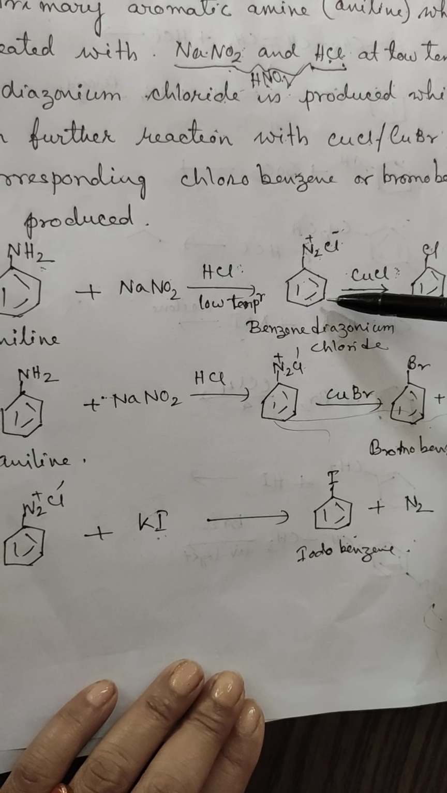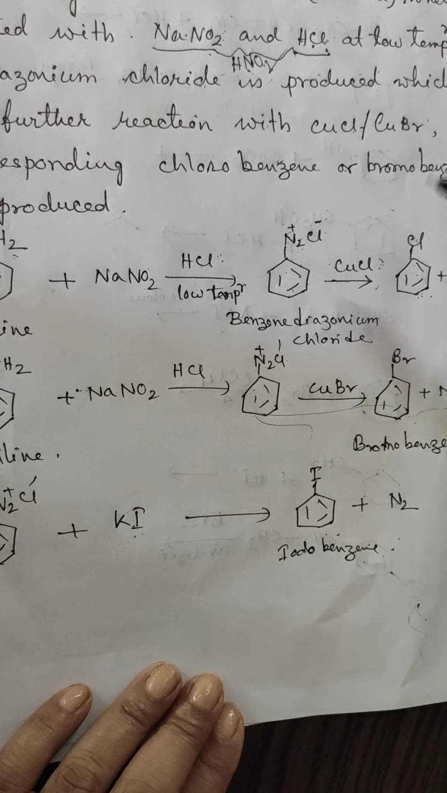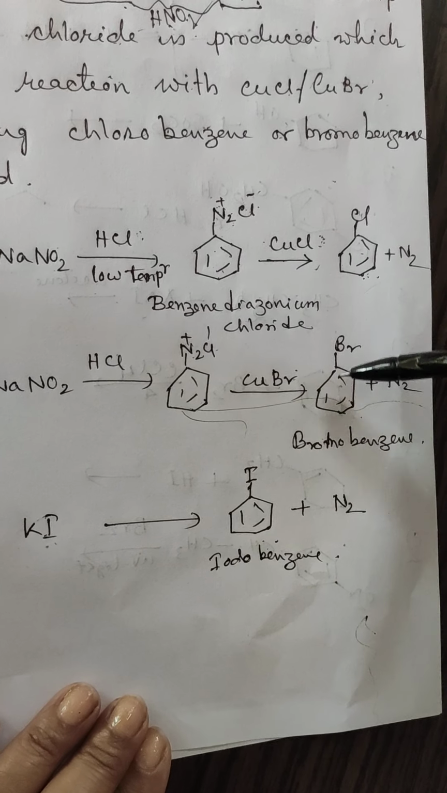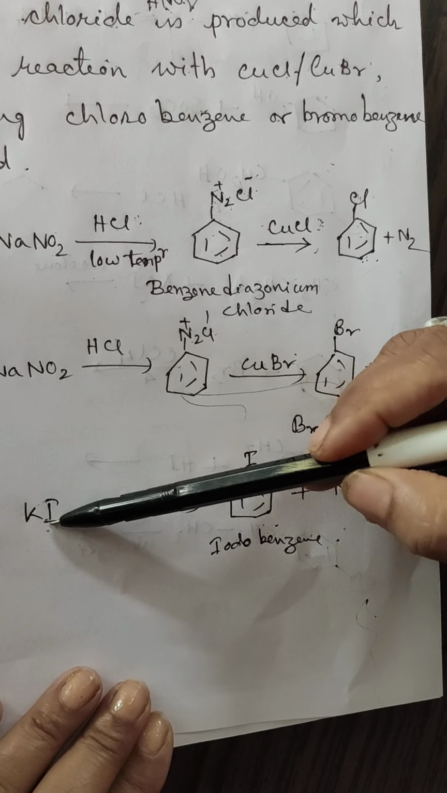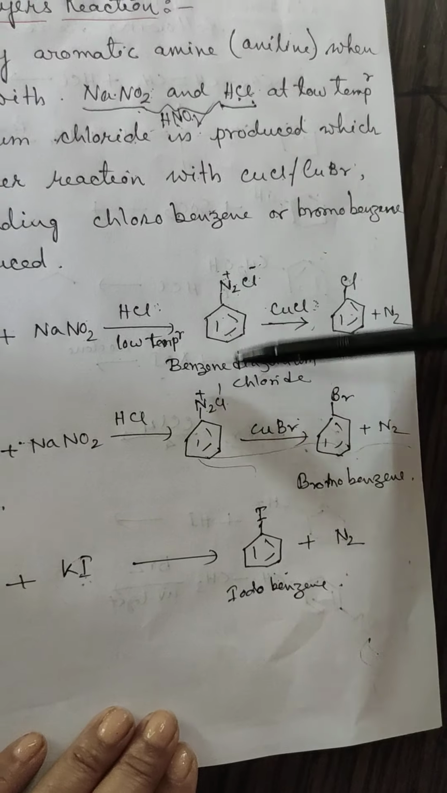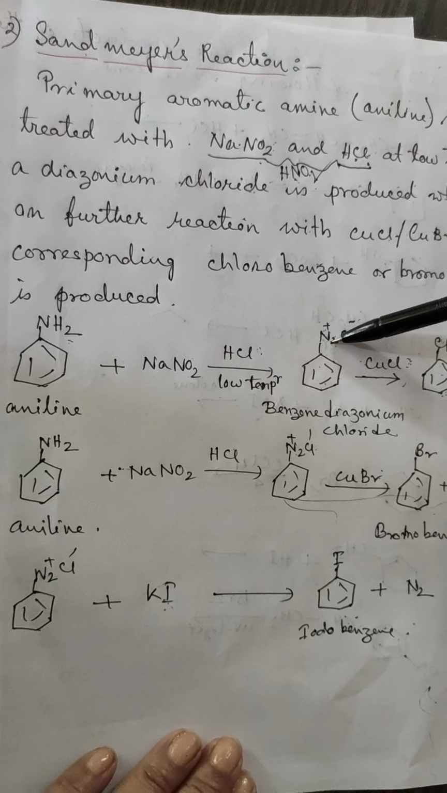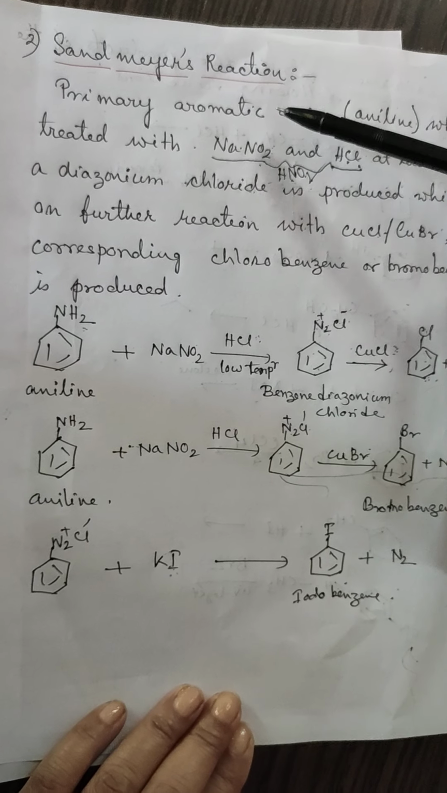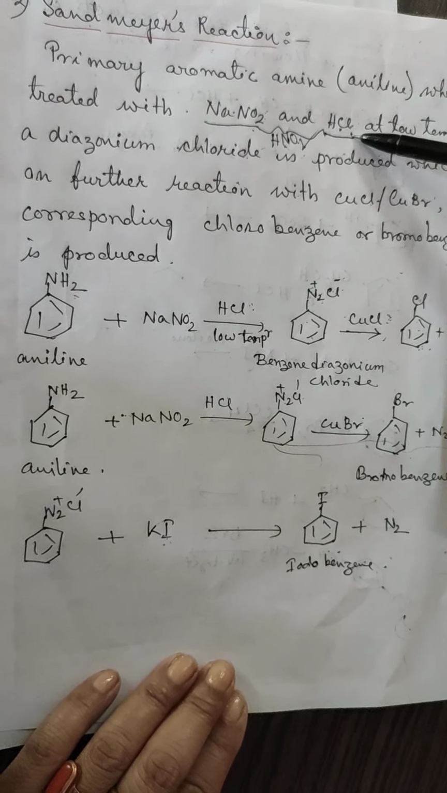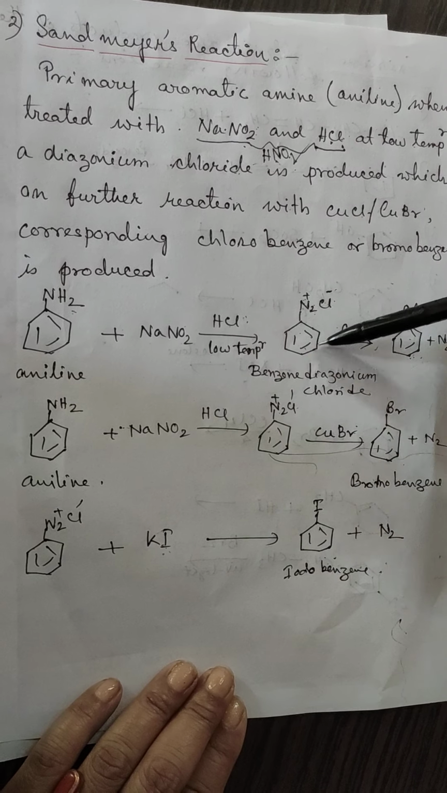And this benzene diazonium chloride when react with various reagents like copper chloride, you get chlorobenzene, like copper bromide, you get bromobenzene, like potassium iodide, you will get iodobenzene. So this is the second process of preparation, Sandmeyer reaction, and this is a very important reaction. Primary aromatic amine or aniline when react with nitrous acid at low temperature, diazonium chloride, remember this compound is known